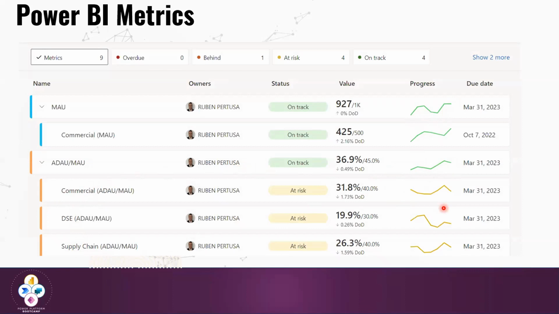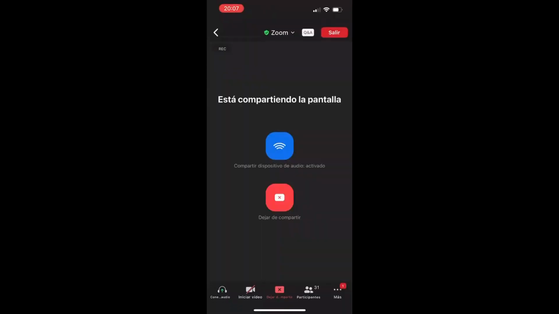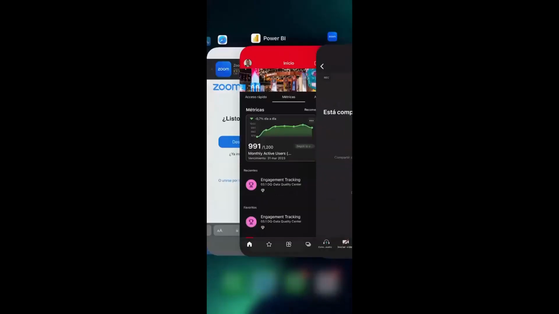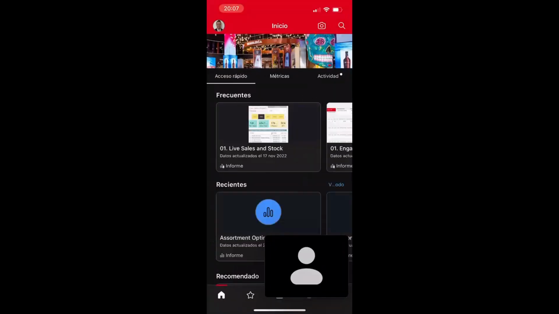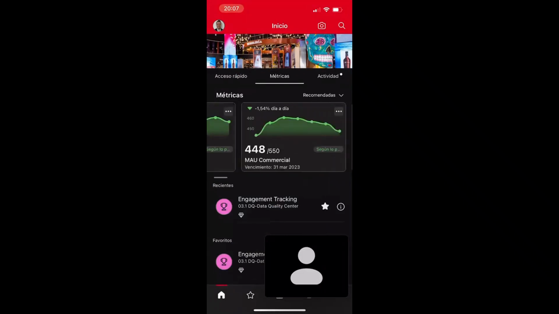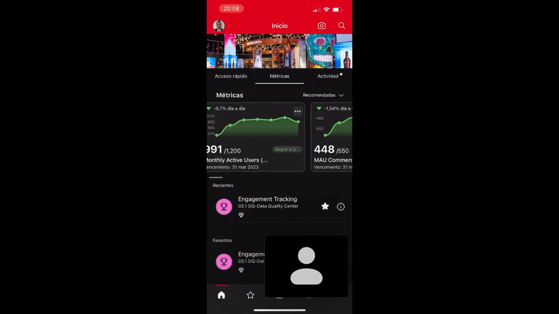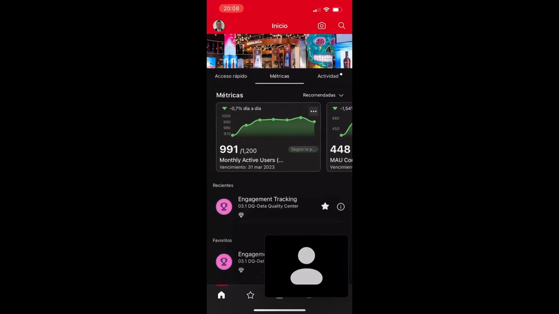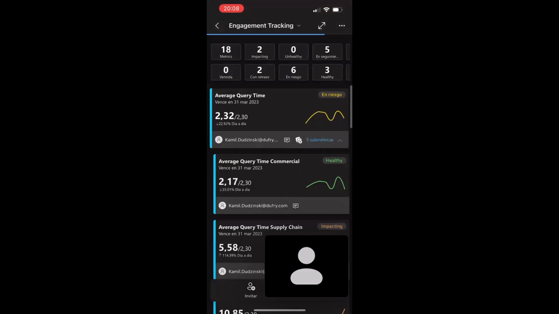No? So just to show you this live in the mobile as well. So I'm going to share my screen. And this is something that you may see right now. You may see my screen in my mobile. Okay. So now if you go to the metrics, you really can see in your application, in your mobile, every single day, exactly where we are in terms of engagement.